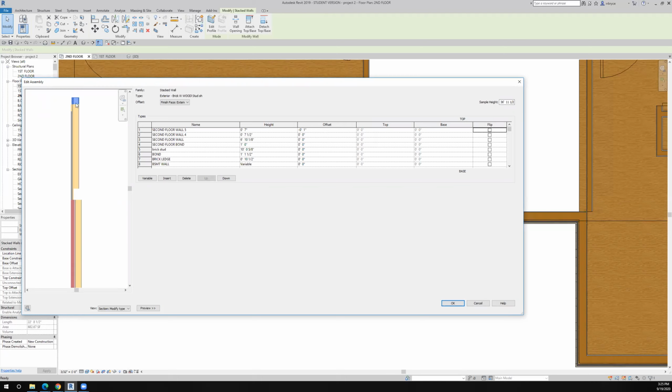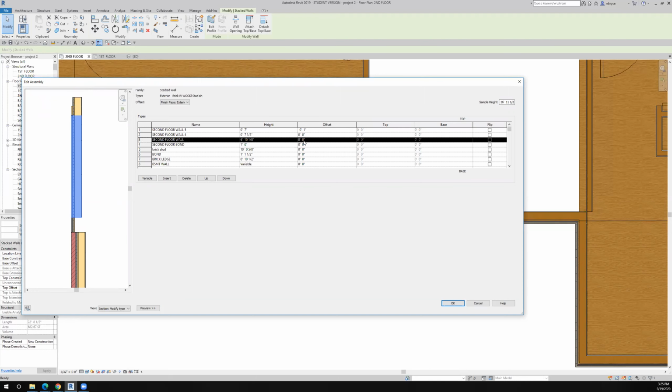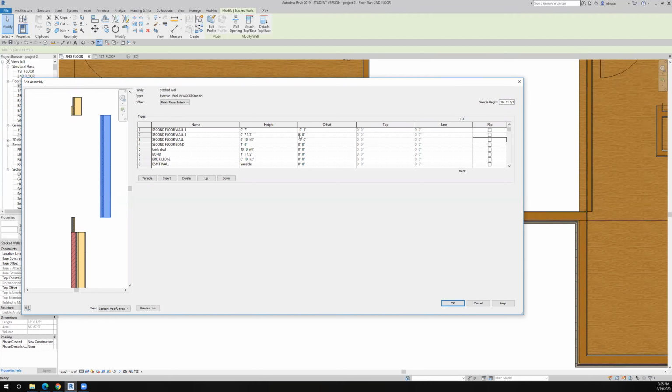Remember, I'm actually building this wall the way that it would actually be constructed, but we're just taking this particular wall and sending it all the way to the top, which is fine for this class. So this is the wall I need to offset by 2 feet. So I'll say -2 feet, and look what happens. Minus was the wrong way to go, so I'm just going to get rid of the minus and say 2 feet. So now if you take a look at that wall, my basement wall stays where it is, the brick ledge stays where it is, the bond stays where it is, the first floor wall stays where it is,